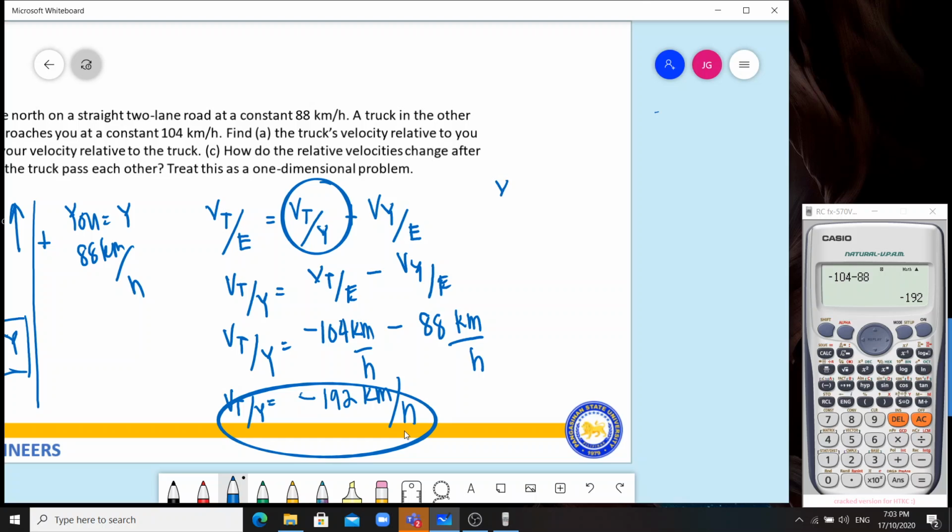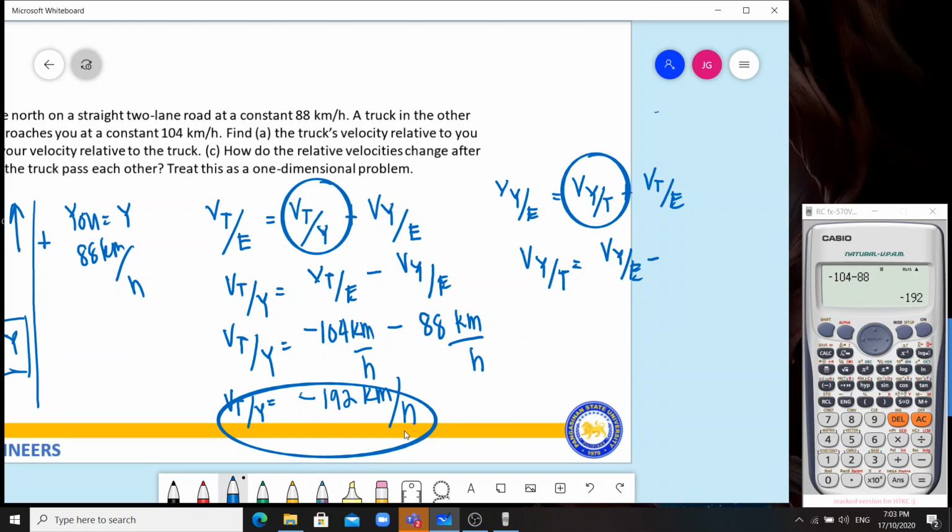So, kailangan your velocity relative to the stationary observer, velocity relative to the other particle, plus velocity of the other particle relative to the stationary. Okay? So, ang hinahanap mo is your velocity relative to the truck. Ito. So, Vyt is equals to